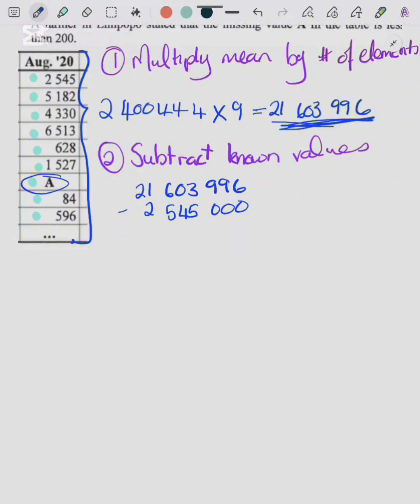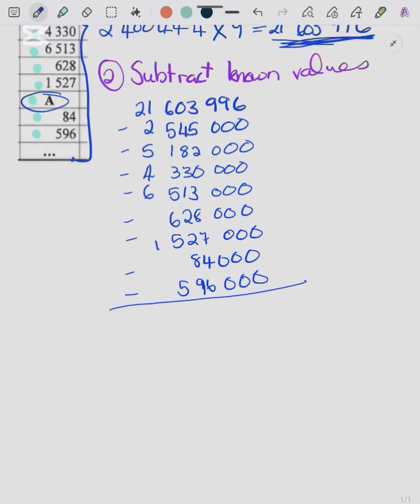Okay, I'm also going to subtract 5,182,000. And I kind of keep going with this with all of my values that I know. 4,330,000. Okay, I'll write the rest of them quickly for us. Okay, and when I subtract all of those and I do that all onto a calculator, I come out with